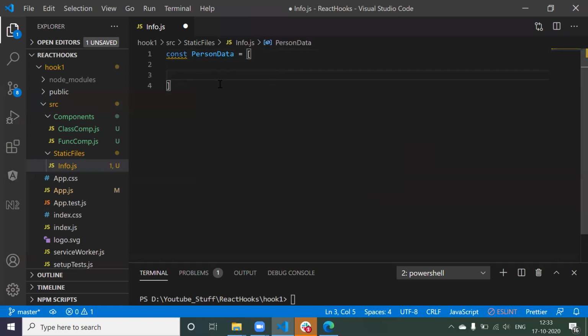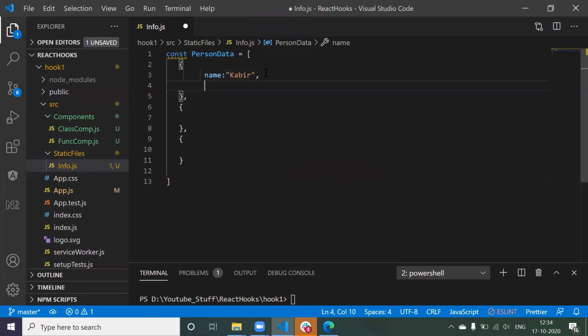now this will be an array. Okay, now in an array we have elements. Here each element will be an object. So this is the first element, comma, we have the second element which will also be an object. We have one more. Now each object is going to represent a person. Now an object contains properties, so we have to define the person details using properties. So the name of the person will be something like Kabir.